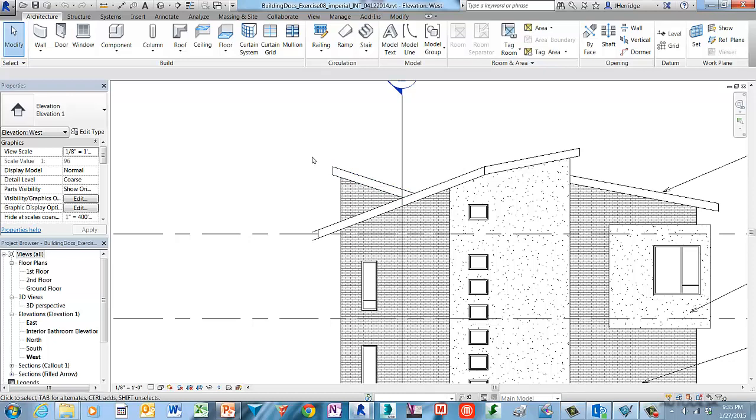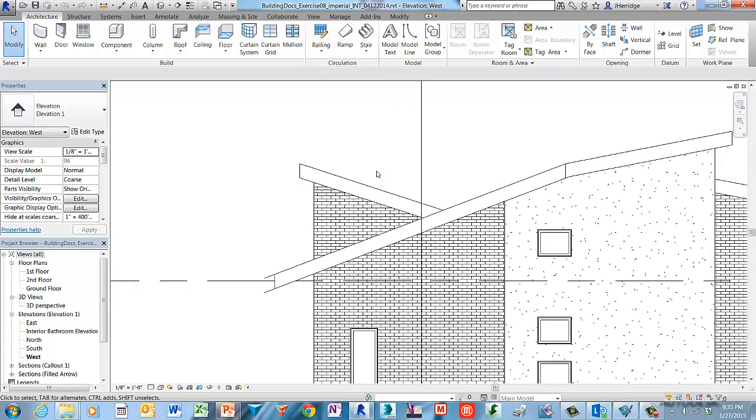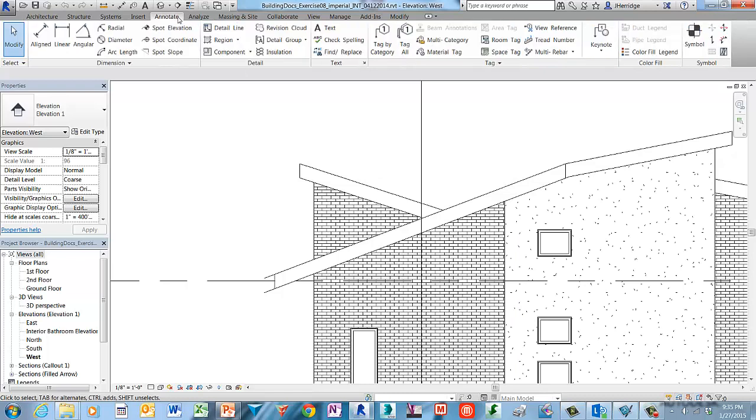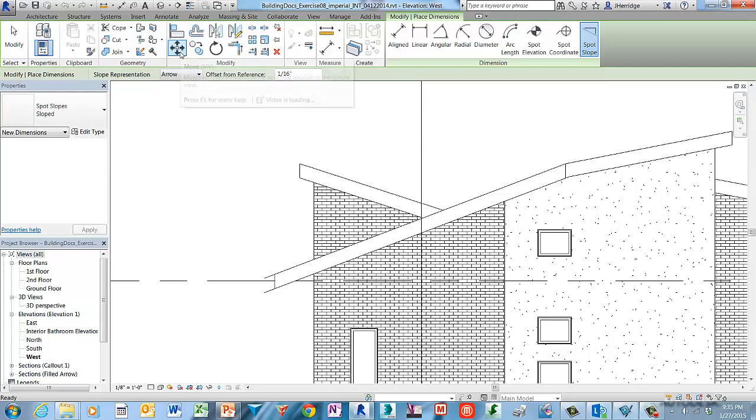Like I said, we want to place a slope indicator to help contractors understand what the slope of that roof is. So that is a common drafting convention, if you will. We can do that by selecting the Annotation tab. In the Dimension panel, you'll see a Spot Slope tool. If we go ahead and left click to select that,